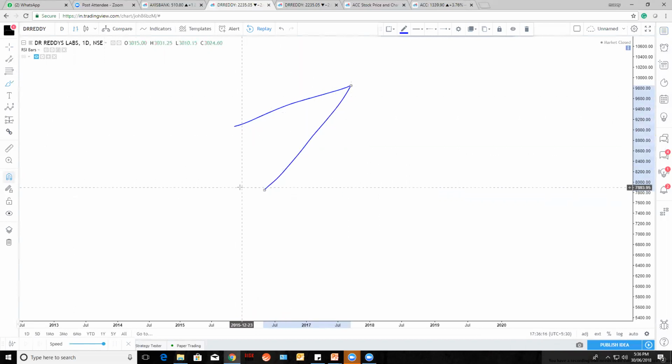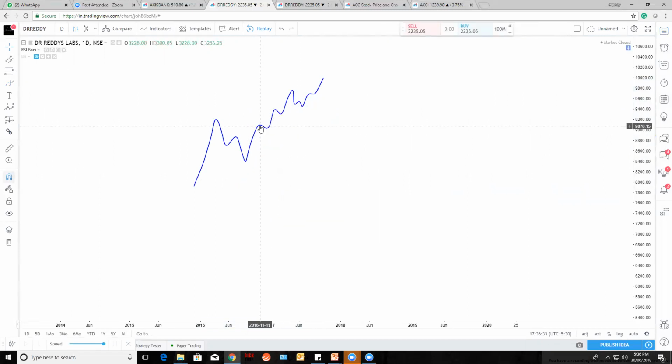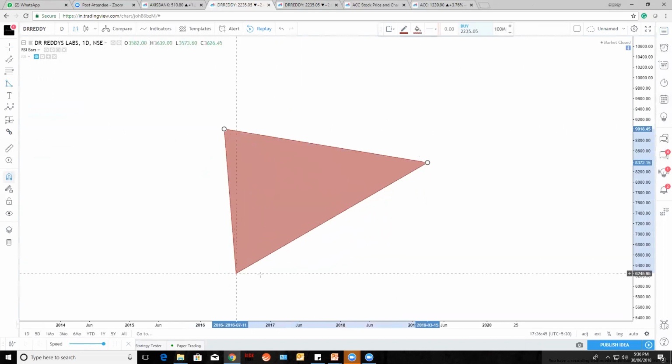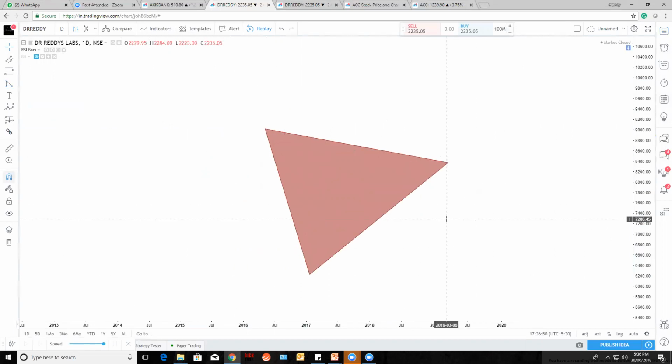They are like triangles only. Before going to the ending diagonal and the leading diagonal, you need to understand what a diagonal is, and what is the triangle and what is the diagonal. Let's say this is a triangle.